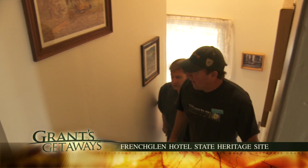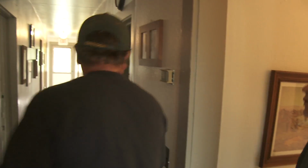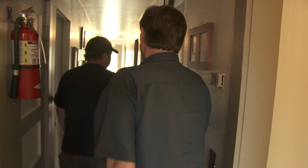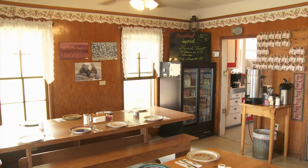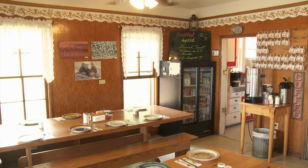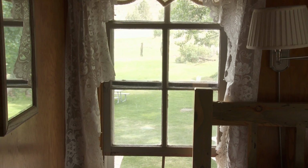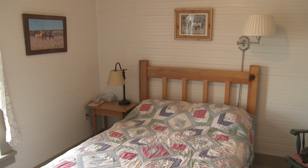This building here was built in 1923. When the refuge took the place over in 1935, they had the CCC crews come in 1937 and 38 and add on to the hotel. Are these bedrooms about the same size they were when the building was built? Yeah, this room we're in right now is original to 1923. Smallish rooms. Right? Oh yeah, this room here is about 10 by 11 or something, and it's